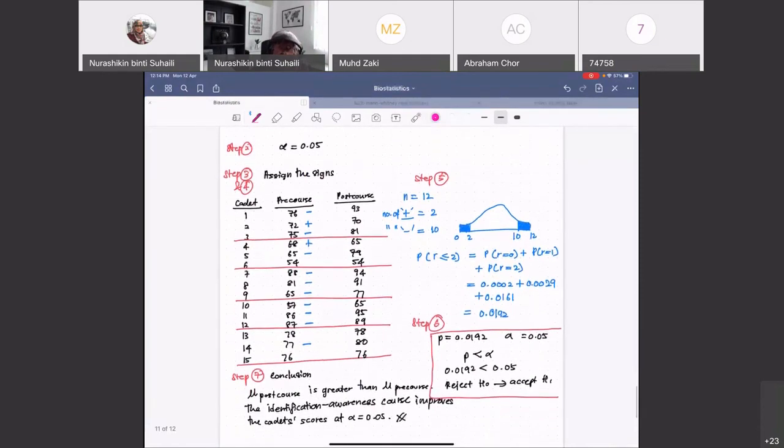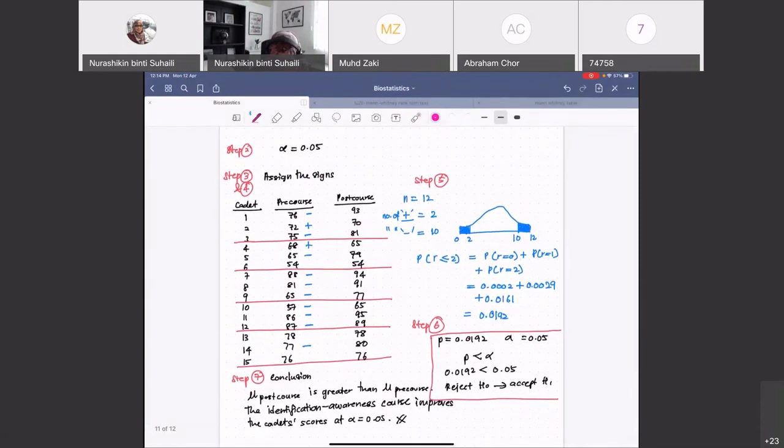So the answer is P equal to 0.0192. The decision is to accept the alternative hypothesis, and the conclusion is the mu of the post-course is greater than the mu of the pre-course,